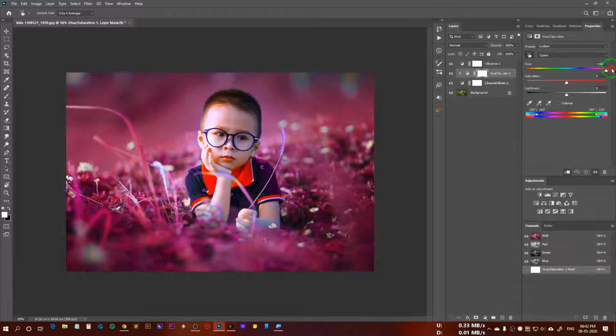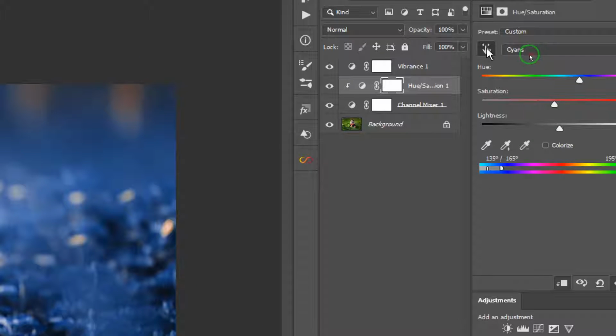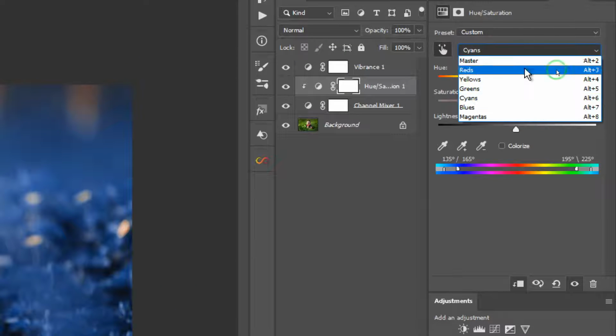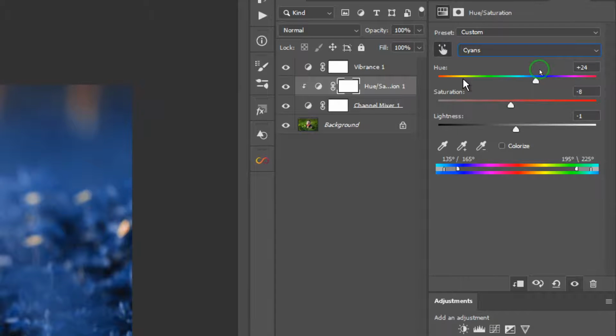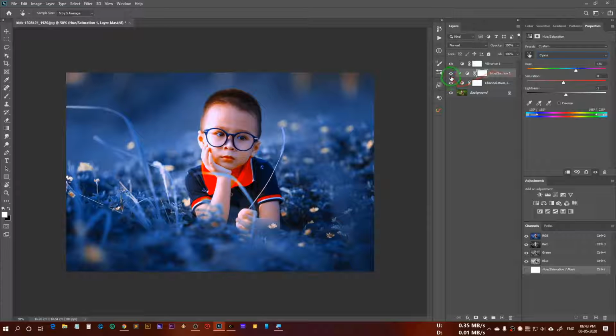Okay, we can make it red, and if you want you can adjust saturation from here, and the lightness, whether you want it to be darker or lighter. You can do all this very easily with the help of this option. Otherwise, without picking the hand picker tool, you can just select the channel cyan or blue, and that way also you can quickly change its hue and saturation.